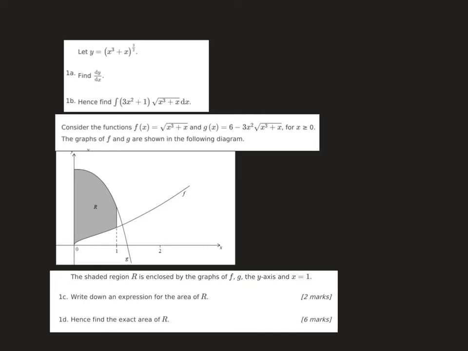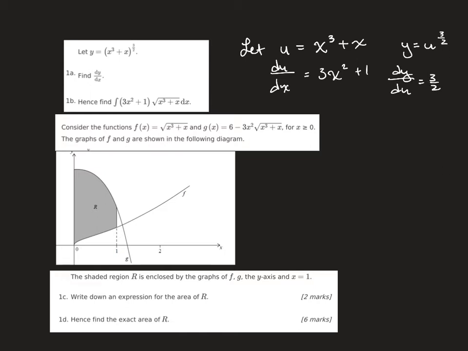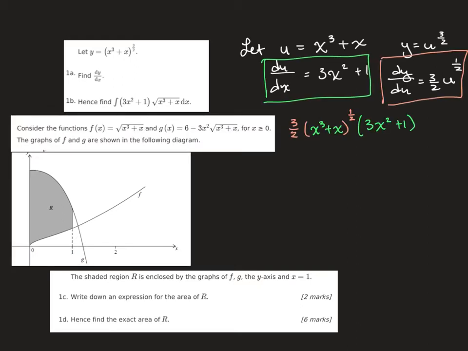First problem here, we're just looking for the regular old derivative. So this is going to be a chain rule problem, and we will let u be x cubed plus x. Then du dx is 3x squared plus 1, y is u to the 3 halves, so dy du is 3 halves u to the, nope, not 1/3, 1/2. And then if we multiply those together, that would get us this, which I am going to rewrite